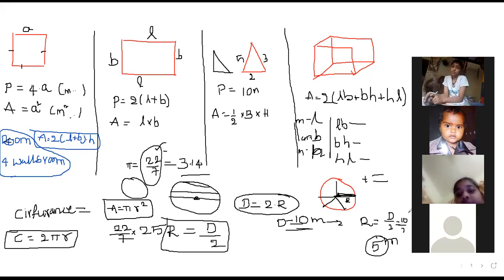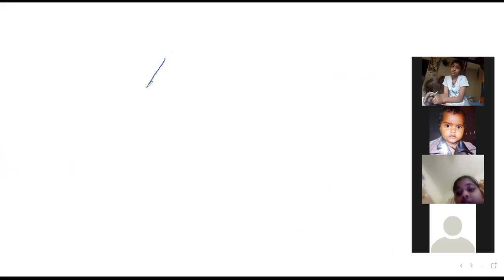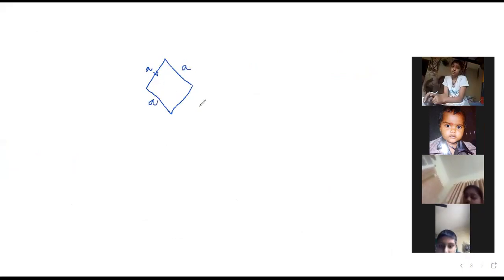If you want the rhombus details, I will tell you. The rhombus is, this is the diagram. For the rhombus, all side values are equal. This is A, this is A, this is A, and this is A. And their diagonals are different. This is D1, diagonal D1, and the other diagonal is this, D2. These two are different lengths, but the lengths of the sides are equal.